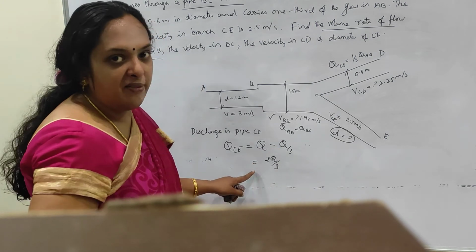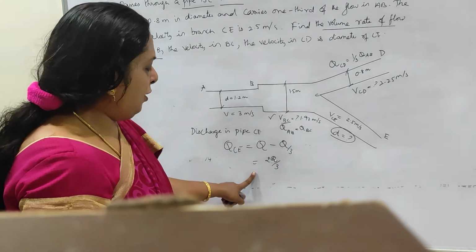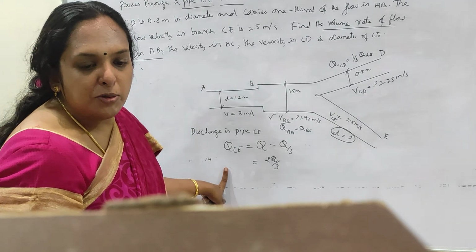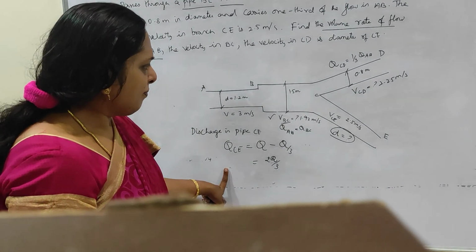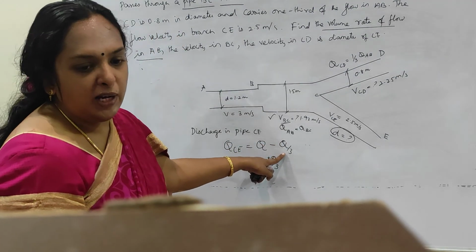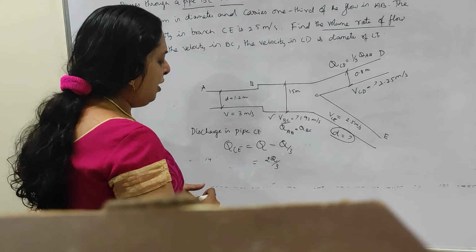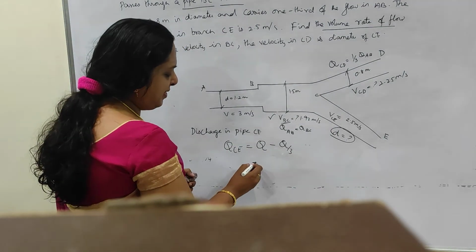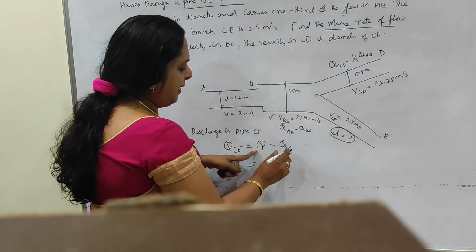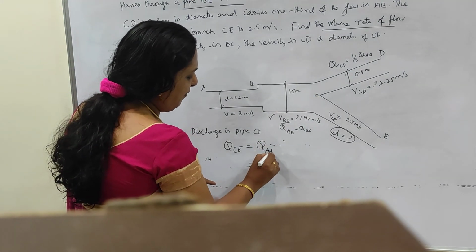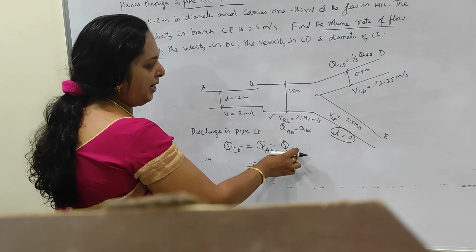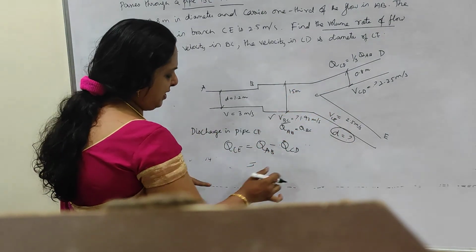So now I am going to substitute in this equation. I already know what Q is, so it's easy for me to find that. Or we can do this: that value of Q by 3 we have known already, and the Q value is also known. So from that also we will be able to find it. Just we can substitute here the Q in pipe AB and the Q in pipe CD. I know these values, AB minus CD, so I will be able to find out this QCE.